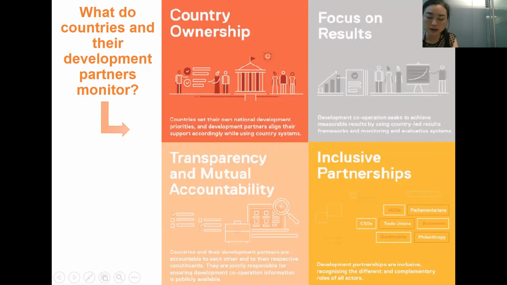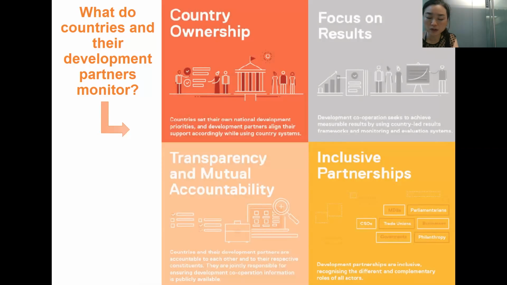Country ownership is about enhancing delivery of cooperation in support of the national sustainable development agenda, and equipping countries and partners to deliver and strengthen capacities to meet the ambitious 2030 Agenda.